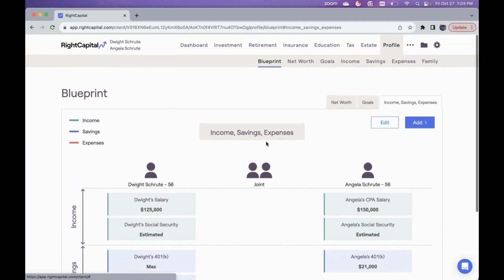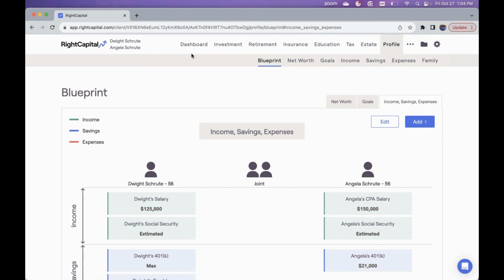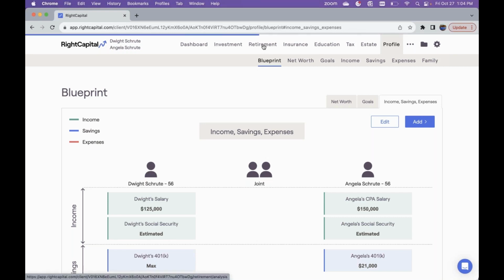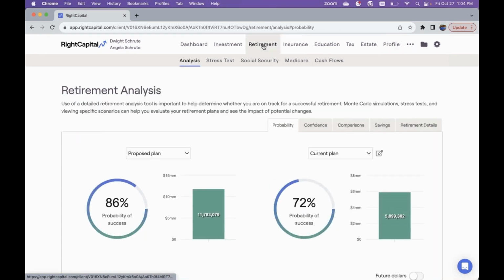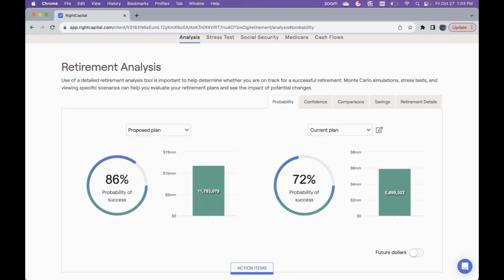They have a lot of concerns. They are fairly concerned with inflation and also the potential conversation about Social Security and potentially not being able to rely on that. They wanted to see a financial plan considering some of those nuances being changed. And so diving into this, the first conversation that we want to have today is addressing one of the main calculation types in RightCapital. We're going to be focusing for the first part on the Monte Carlo simulations. That, just for preface, is going to look at those 1,000 trials of market volatility. So starting in the retirement module under analysis, here we can view what the probability of success